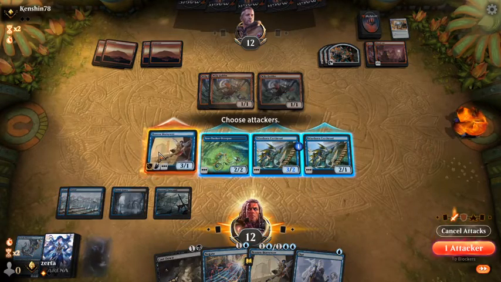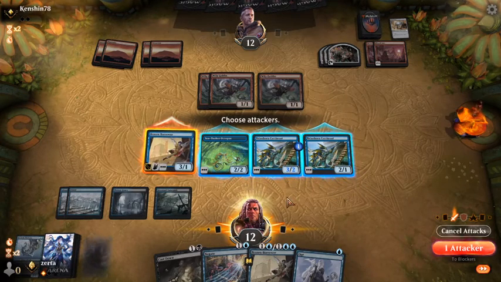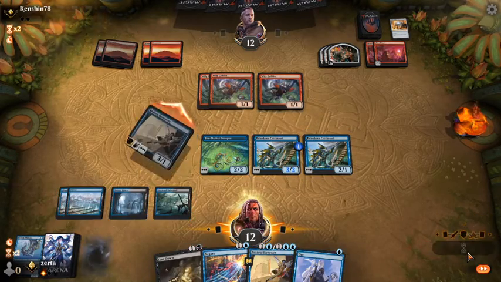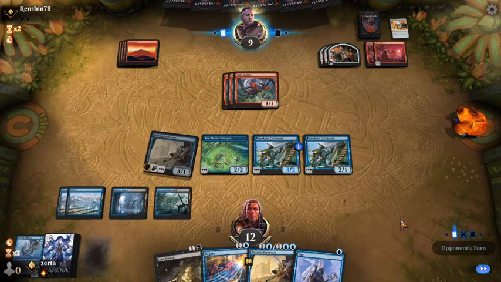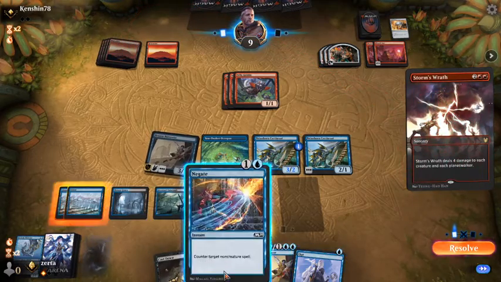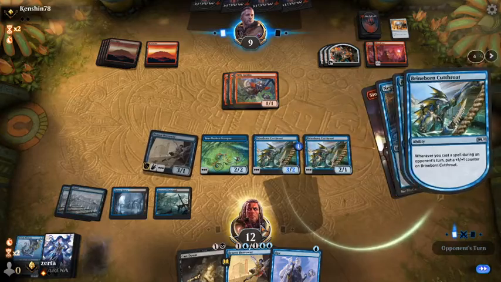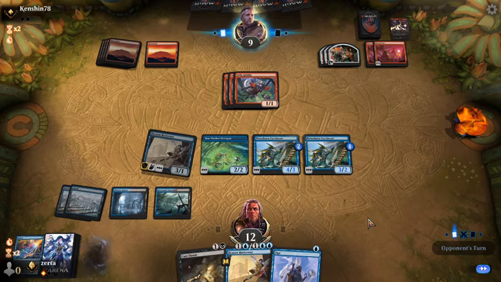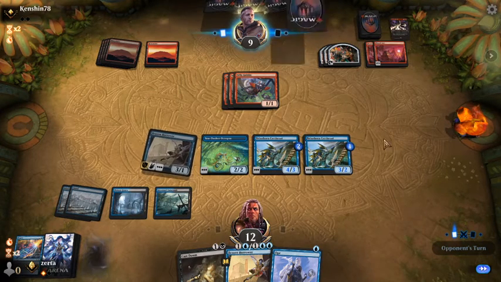Three in the air, and that's the only thing we'll swing with. That we will negate. Worth noting they can do it again. So not a position we're happy to be in because of their mana, but as long as they don't have it, we're not going to be...